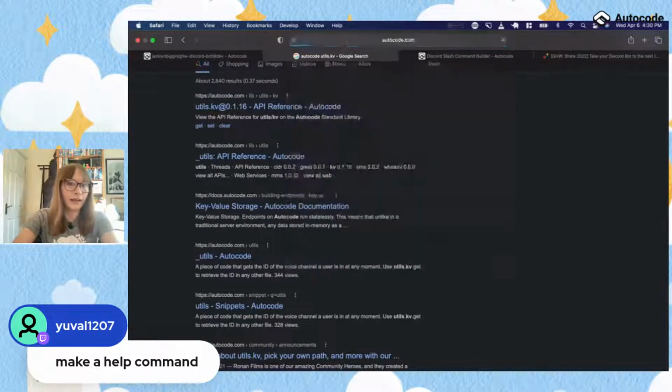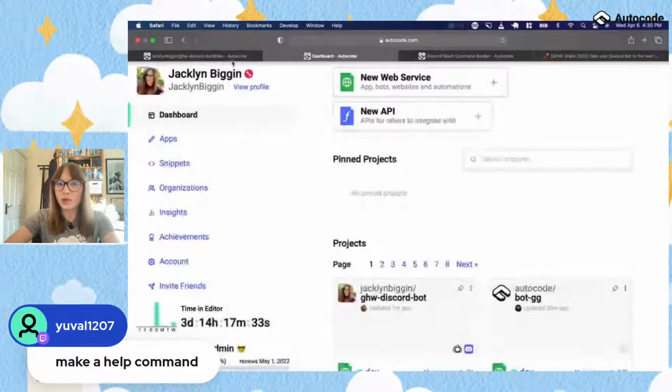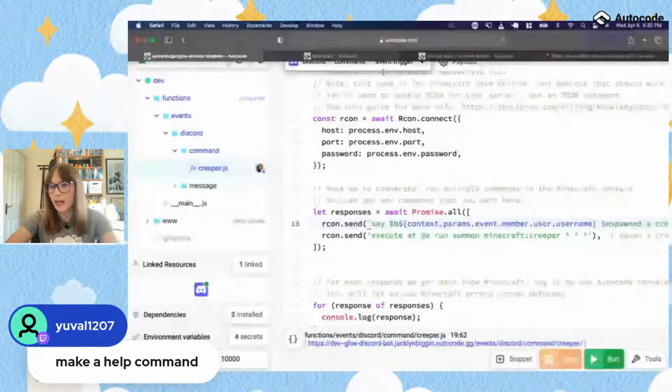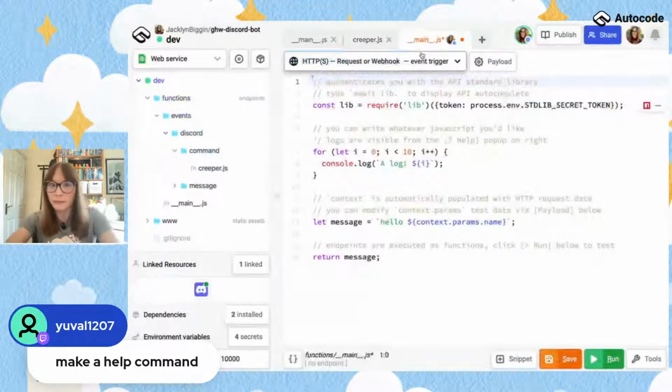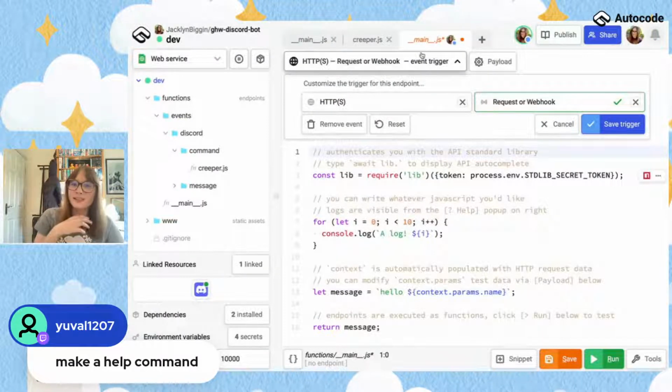But I don't know, let's start basic and then make it more advanced. So this is going to be similar to what I did yesterday. I think the best way of building a help command is to make it a / command, because that means it will autocomplete for people. That's one of the things we need to think about when building bots: what is the way that's going to work best for everybody? Making it so people can type /help and it autocompletes is a really good idea.